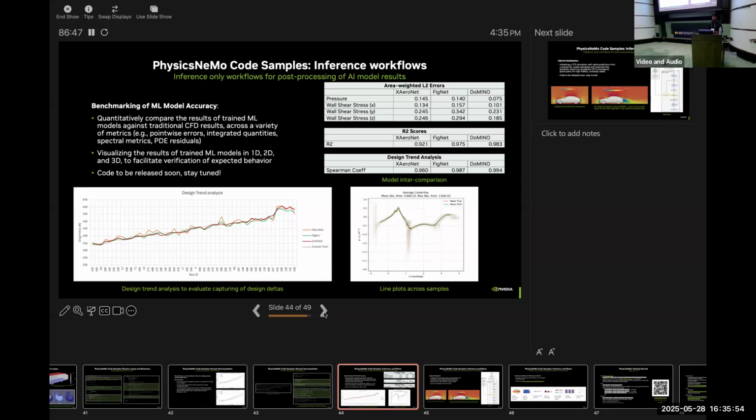We're trying to provide utilities to evaluate some of these models on some of these complex metrics, do some fine-grained analysis of these models and look at some of the metrics that are really important to the industry, right? Like the design trend analysis and things like that. The code for this should be out soon. It's not yet out, but I would just say stay tuned.